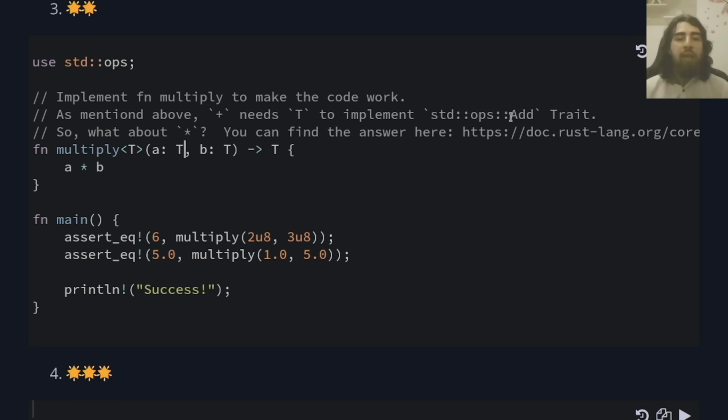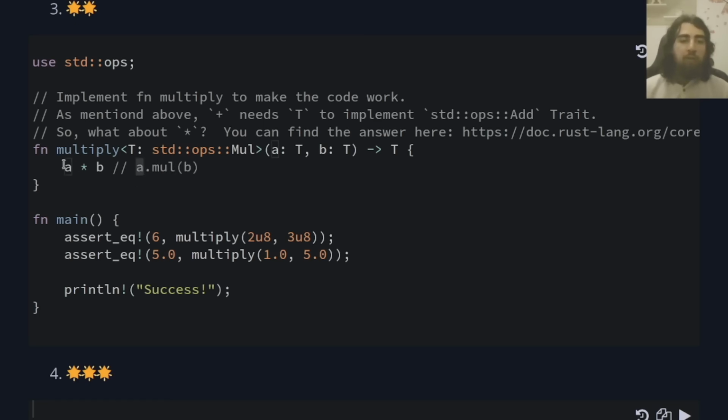Now the Mul trait, like the Add trait over here, then knows that if both of the types of a and b implement the Mul trait, it is possible to multiply these two together. So we can use here a trait bound, meaning the type T over here should implement the std::ops::Mul trait,